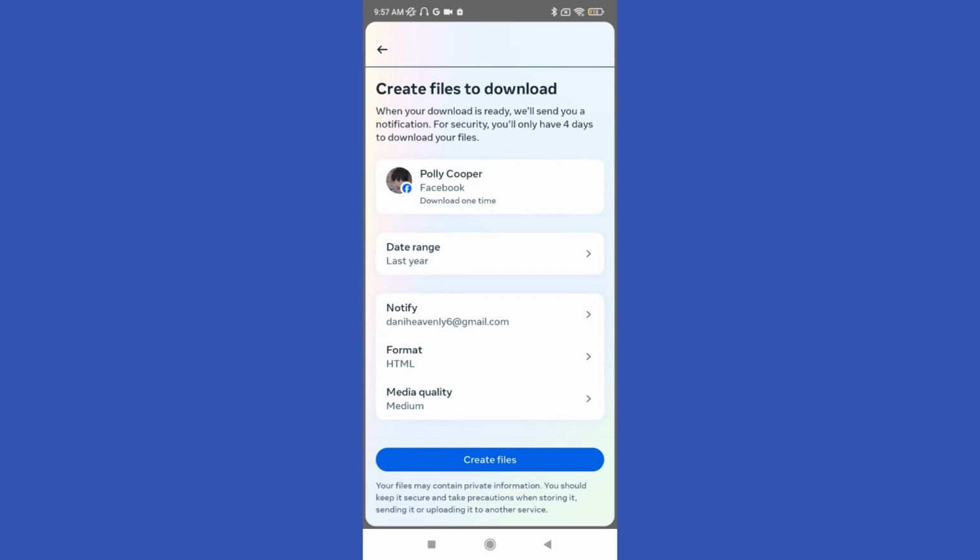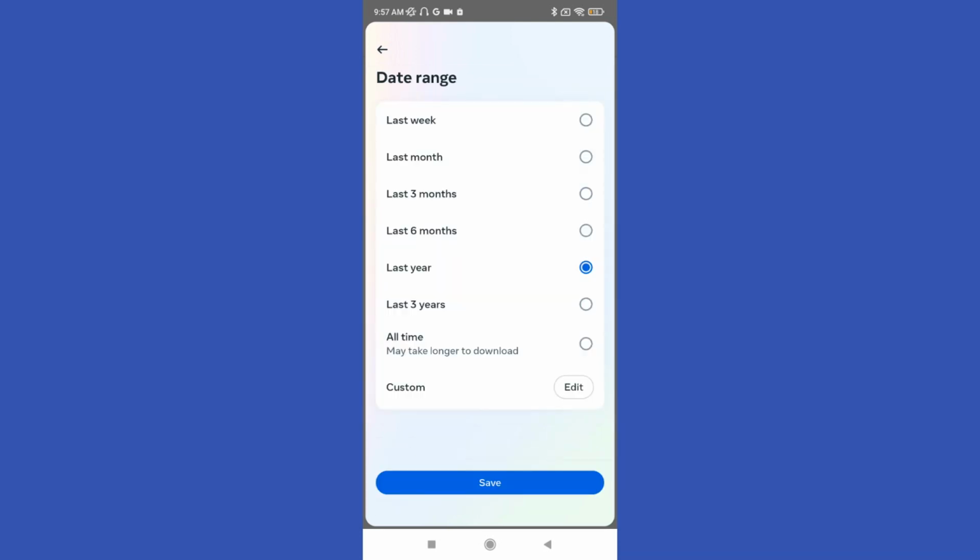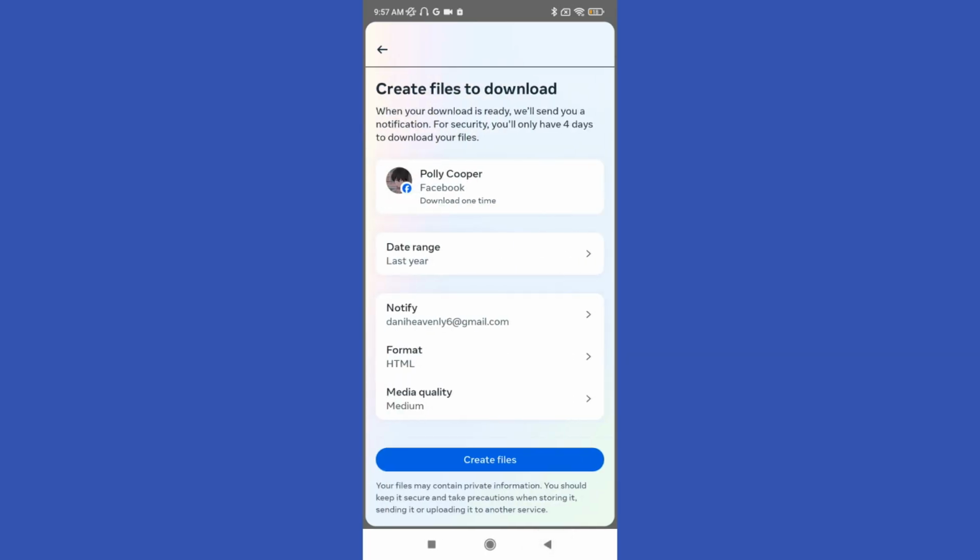and then you can select the date range. In this case I selected last year, but you can select last 6 months, last 3 months, last 3 years, or all time. So you can select whatever you want. Just click on notify if you want to change your email address, and the format and media quality. Then click on create files,